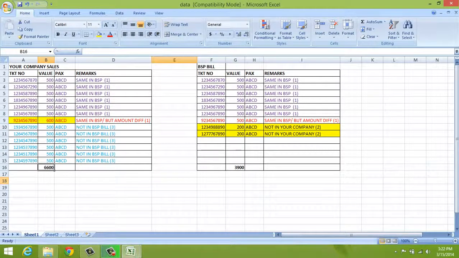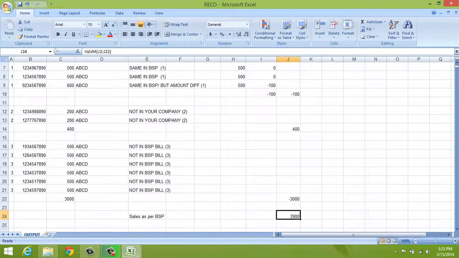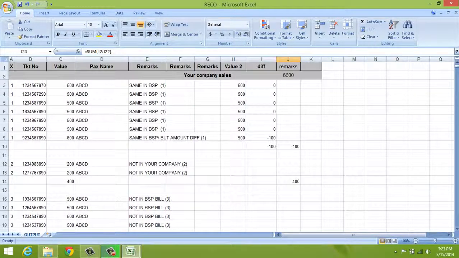So as per your company, 6,600 is one month's sale and the BSP bill is 3,900, and the difference is 2,700. How did you get the difference? See, these are all the same, option number 1, 2, 3. Because of all these reasons, you got that difference.